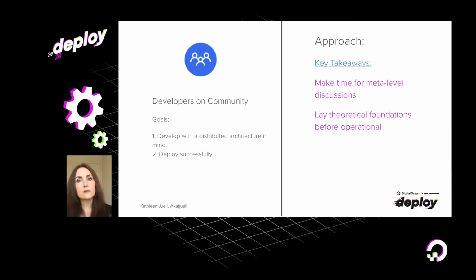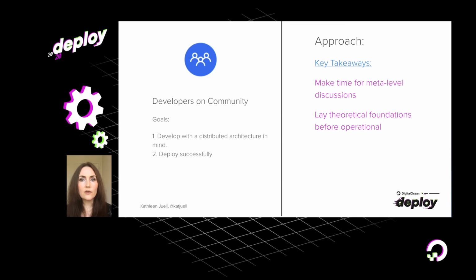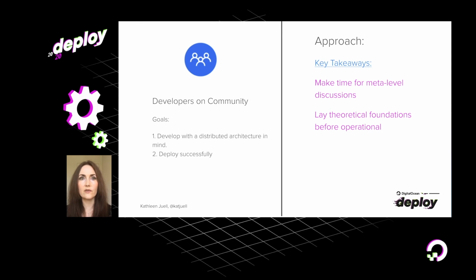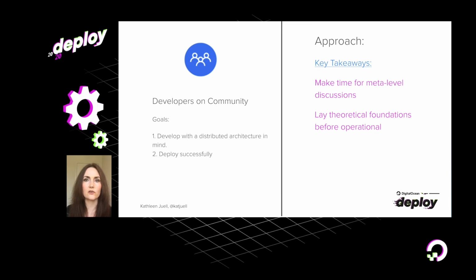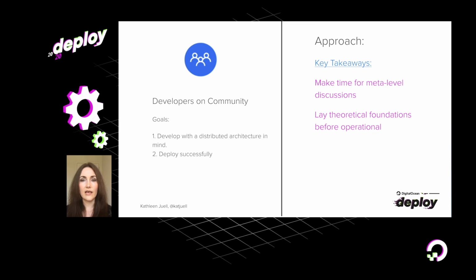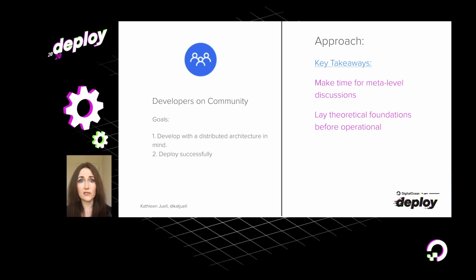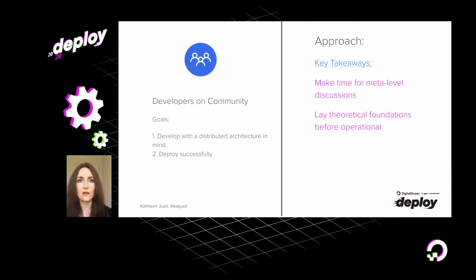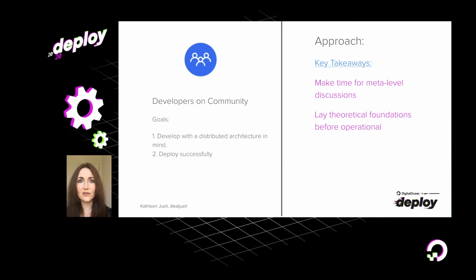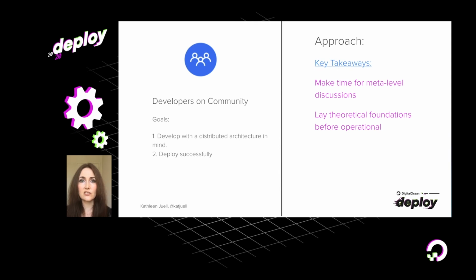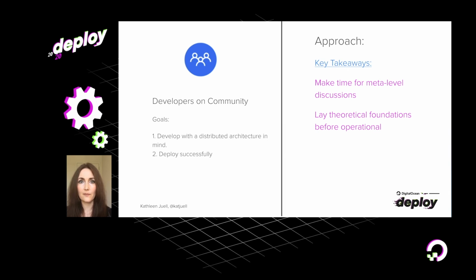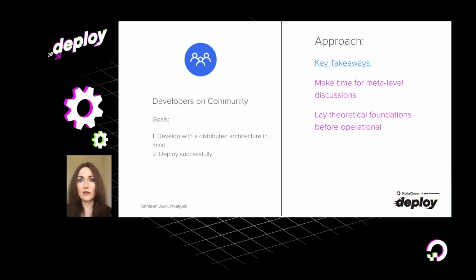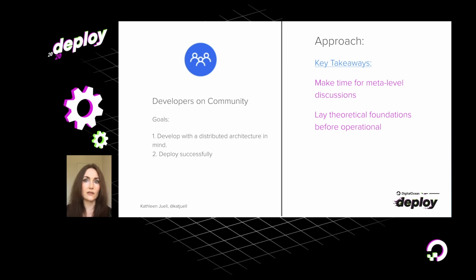Some of the key learnings that we took away from this were it's okay to break folks out in terms of operational responsibilities, like having a dedicated group to deal with infrastructure in a more granular way. And it's also fine to organize information around operational goals like app development, deployment, so on. But it's also a good idea to sync on meta-level changes to make sure that everyone is on the same page. And in retrospect, I would recommend doing that at the beginning of a major transition process rather than in the middle.